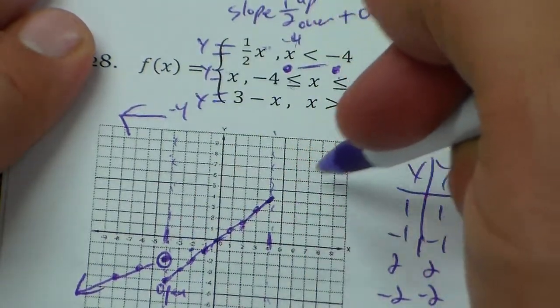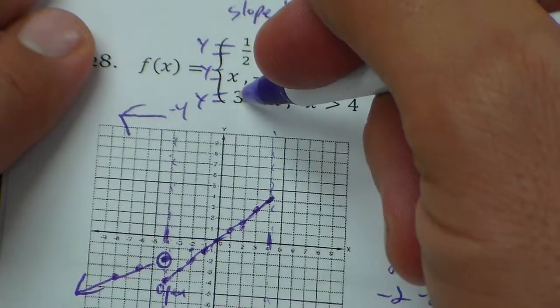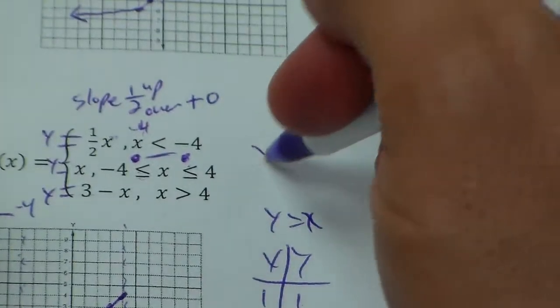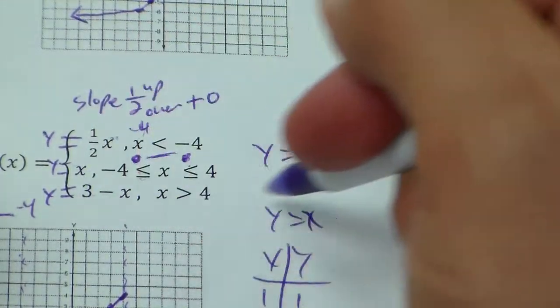Awesome. Okay, so then next we have y equals 3 minus x. And so let's kind of reverse that. What is that actually? That's y equals negative x plus 3, right? 3 minus x is the same as